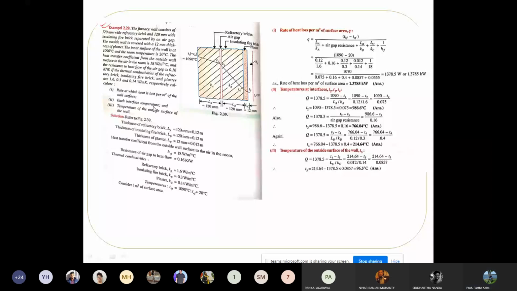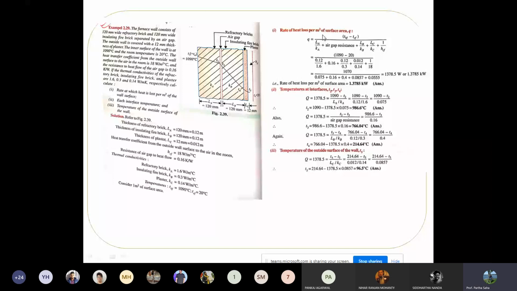That is this T5. So here actually there are many unknowns. Here the surface temperature is given, then T2 and T3, because there is a temperature drop due to contact resistance. Then finally here T4 and then T5, right? Finally T6 is given as 20°C. All the thicknesses are given. And this one is not given because for the air gap, the thermal contact resistance is given. So all the parameters have been listed here. So the calculation will be very easy.